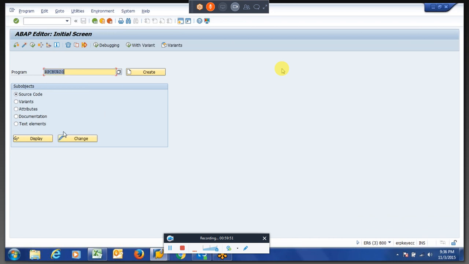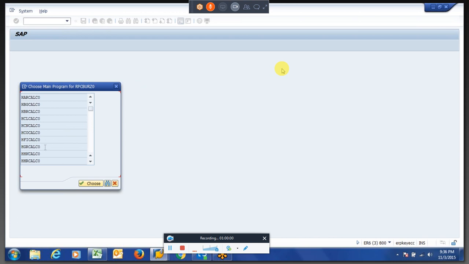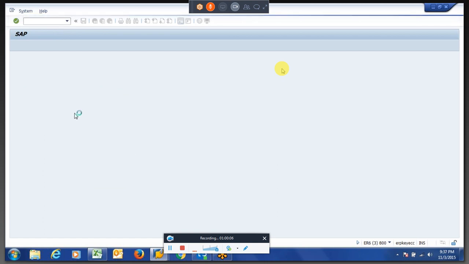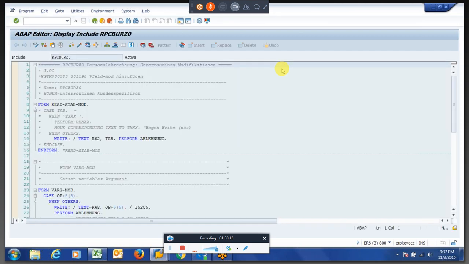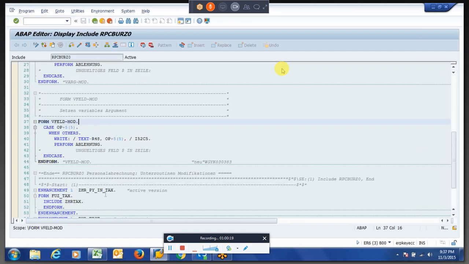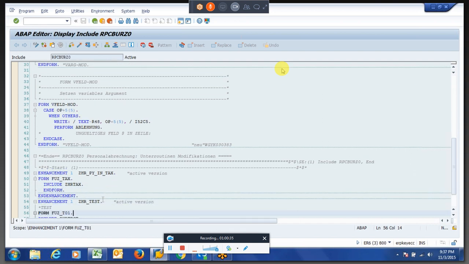So we'll do one thing. We'll check what we have done: program, then include, then endform. Right, the same thing should work actually.